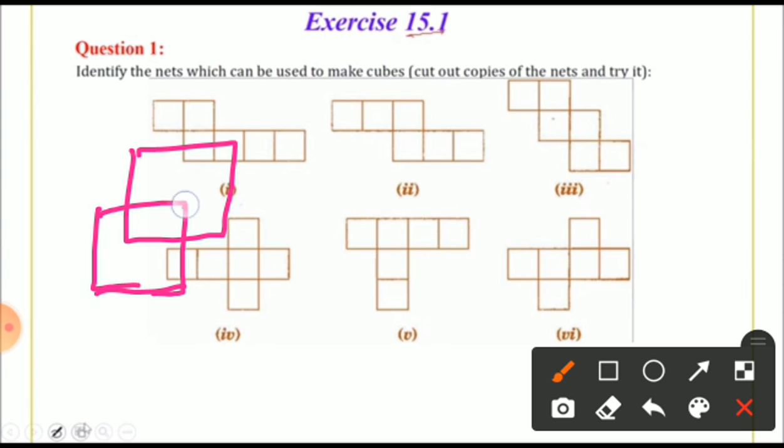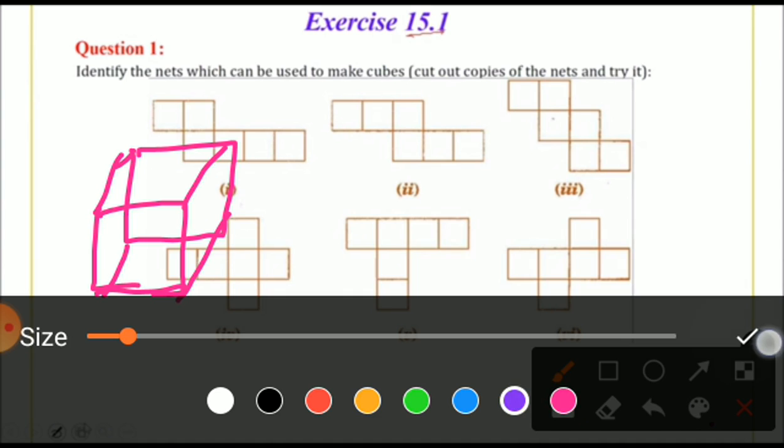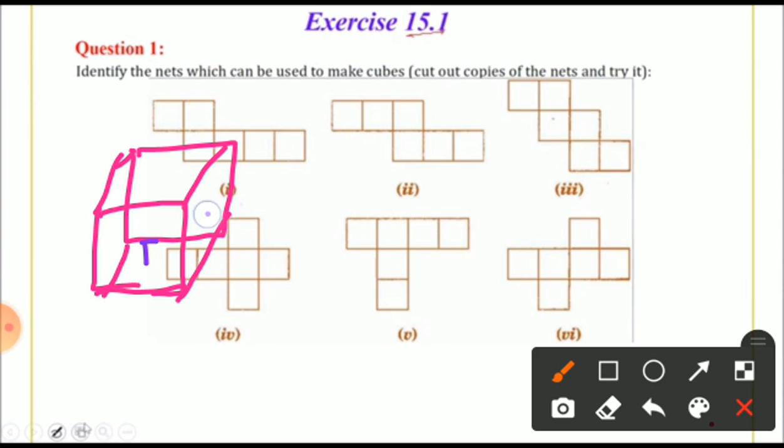Can you draw it this way, beta? Yes, in the last session I showed how to draw this cube, isn't it? Here are the faces. I can write with a different color. This is the cube picture, beta. This is the first face, second face, back side is third, this side is fourth, down side is fifth, and top side is sixth. It has 6 faces, isn't it?